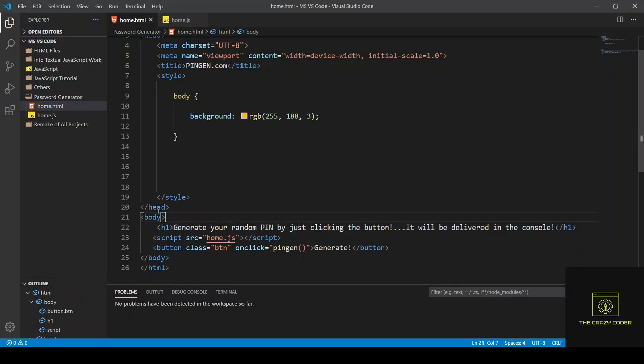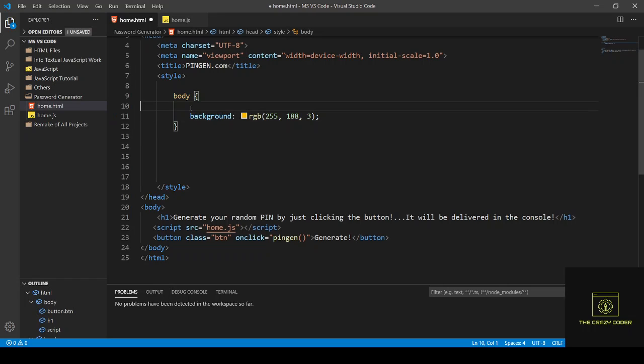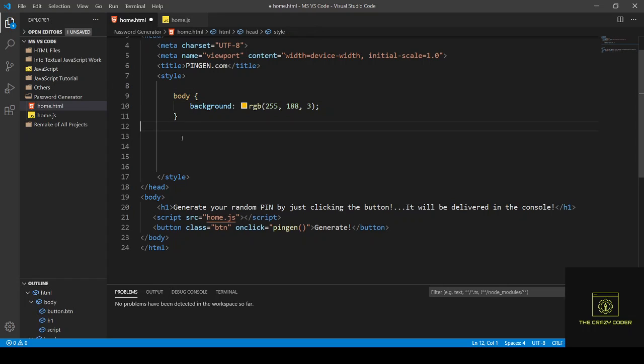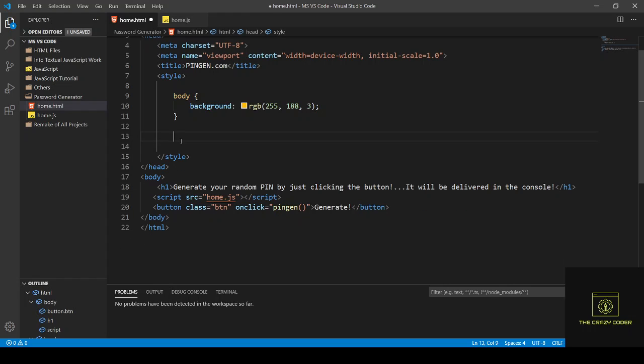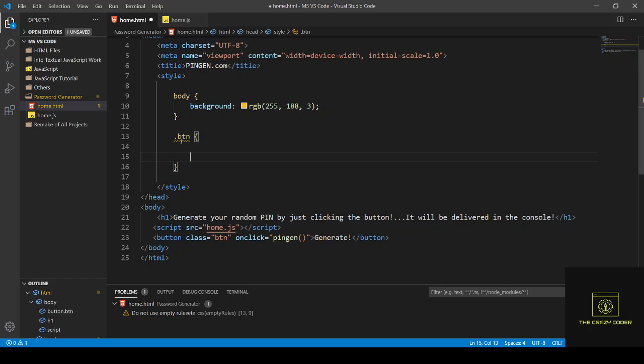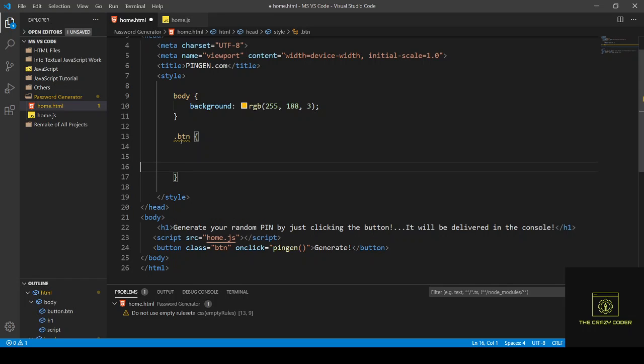Let's do that. Over here, wait a second. I added a lot of enters. Let me tell you this. A lot of enters sometimes result in bad things. Now, over here, guys, I'm just going to take out all those enters. Over here, we're going to be writing .btn to trigger the class, and then this, and then we can write anything. Supposing we change its background